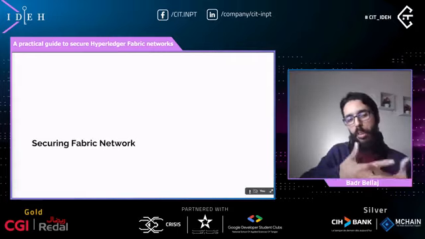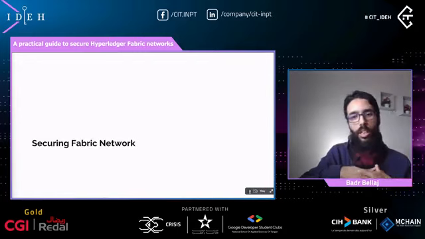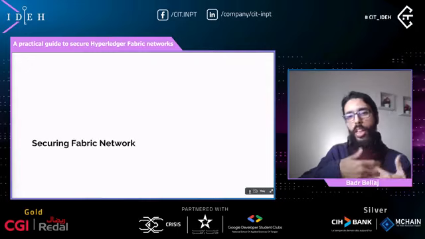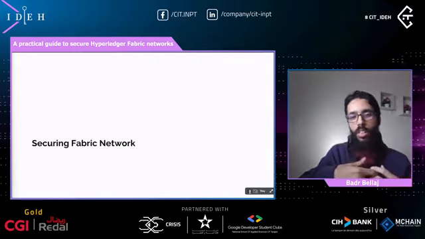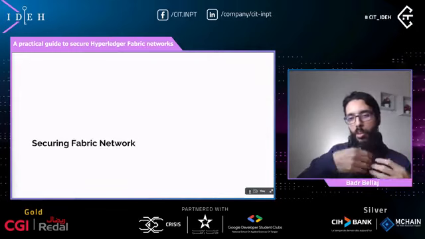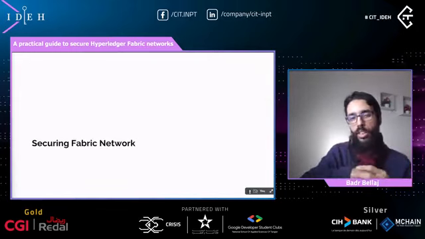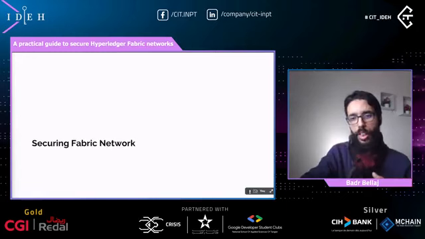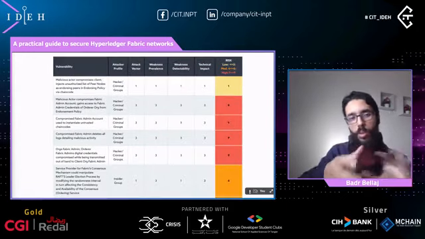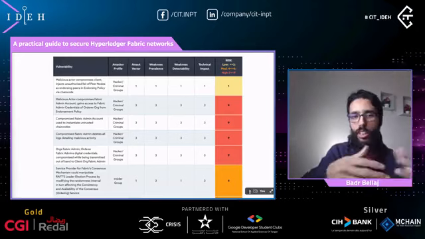The main goal of this presentation is to talk about the security of the Fabric network. As you know, despite the security measures that Hyperledger Fabric provides, deployment, as with any blockchain, still requires careful configuration and monitoring to ensure that operations are conducted securely. In the upcoming section, I will try to examine different types of threats that we should consider, and I will also discuss how to mitigate them. At the end of the presentation, I will share the references.